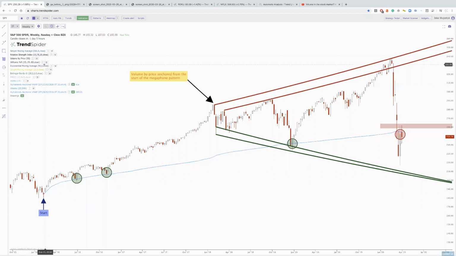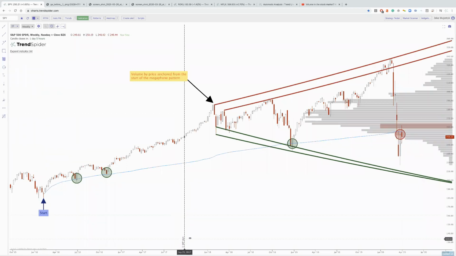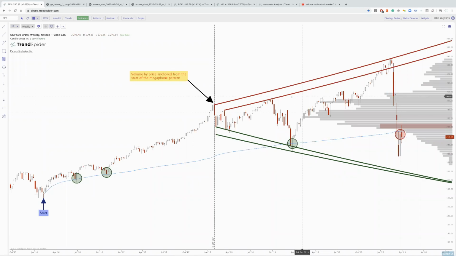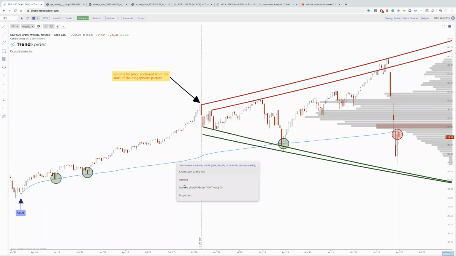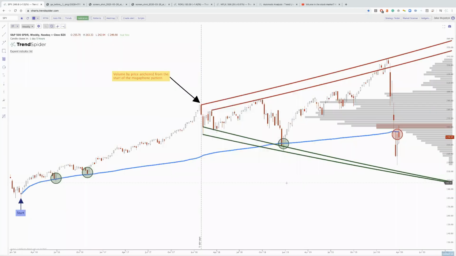But what I did with the volume profile, or the volume by price, is I actually started it from this big megaphone resistance. Well, initially this is our first area of resistance, but pretty much where the megaphone started is where I start the volume profile. So what's really interesting about this is, notice that the price initially, when we gapped down into this big demand zone here,